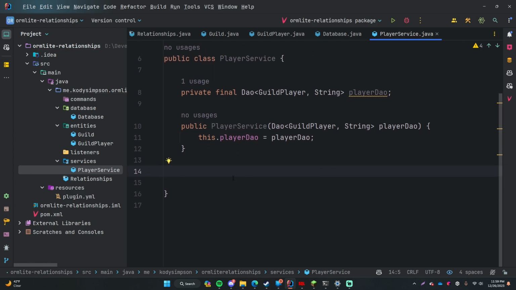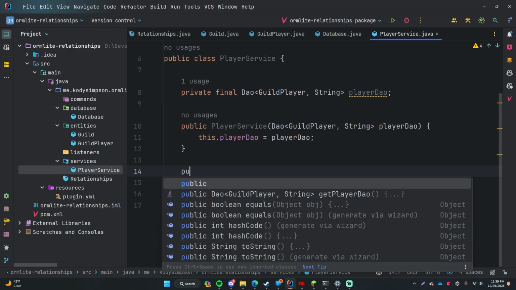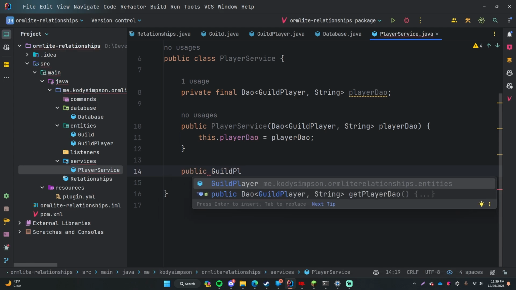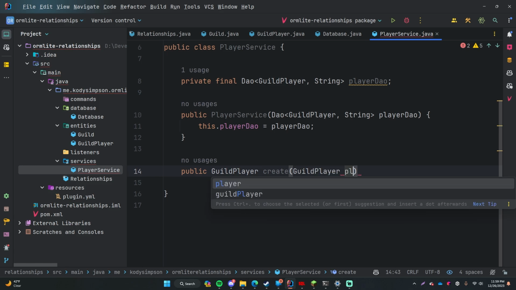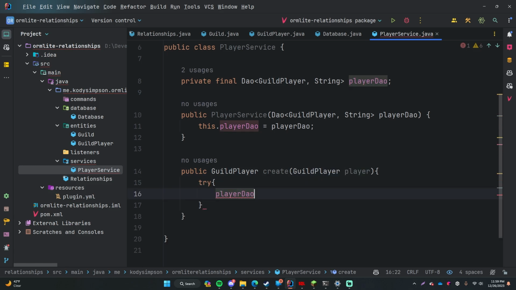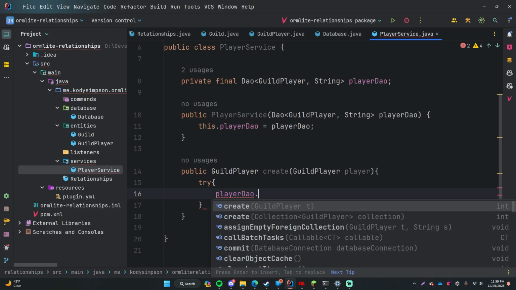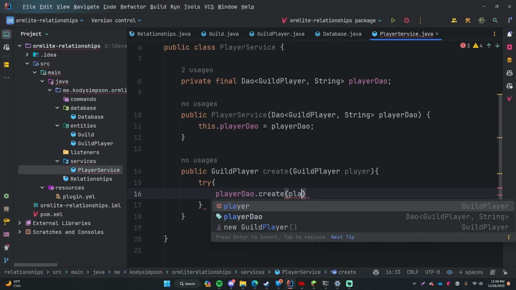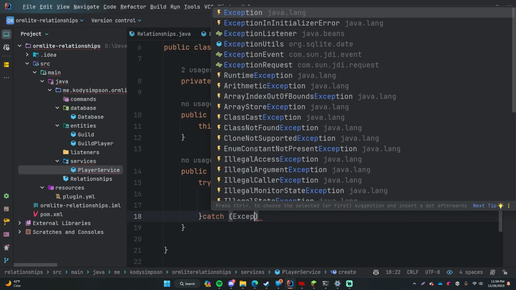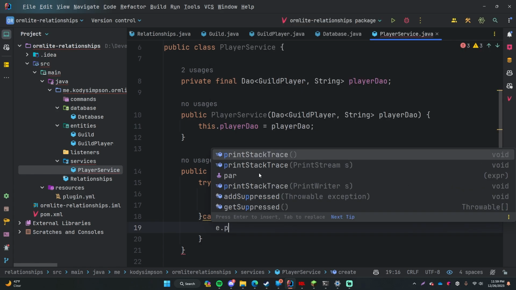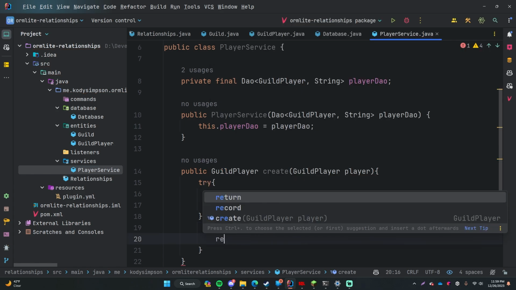So for example, if we want to create, within this player service, a way to create a new player within our table, we can do something like public GuildPlayer createGuildPlayer. The player DAO is how we interface with the database. So playerDAO.createPlayer, and then we can do return player, catch exception